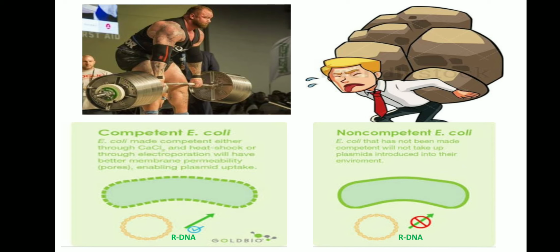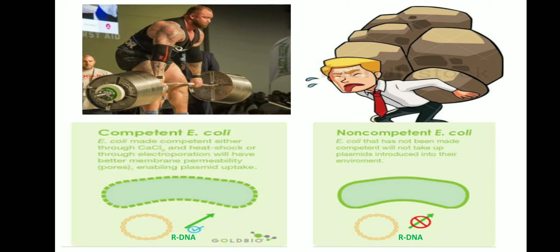What is a competent cell? A competent cell is a powerful cell which has the capability to accept foreign DNA or a new gene, accept a plasmid vector into the cell, and replicate it immediately and easily. But a non-competent cell does not have that much capability to accept foreign DNA or a plasmid easily. Here I give an example. Competent cell